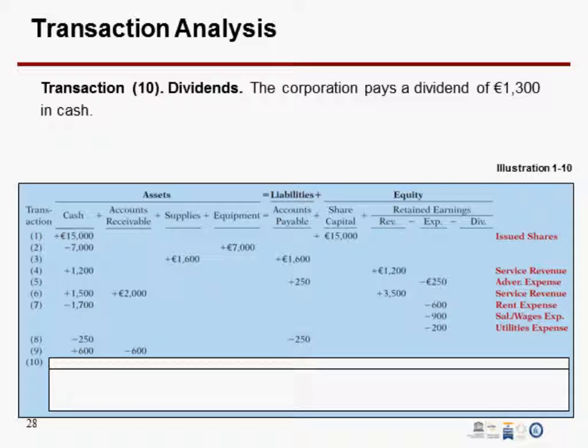So, well, anyway, you can calculate this total. In the number 10 transaction, the cash decreased by 1,300, and dividends decreased by 1,300. So the total of assets is supposed to be